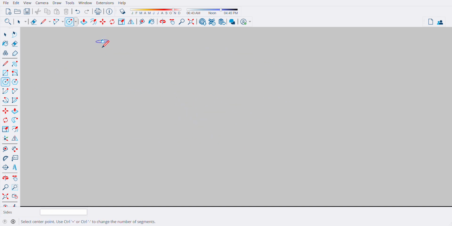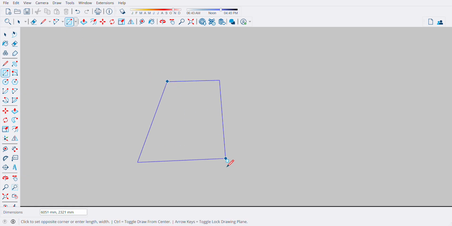So, sorry, rectangle. Draw rectangle 100, comma, this is the main door, 900.